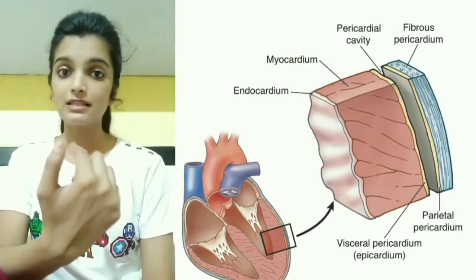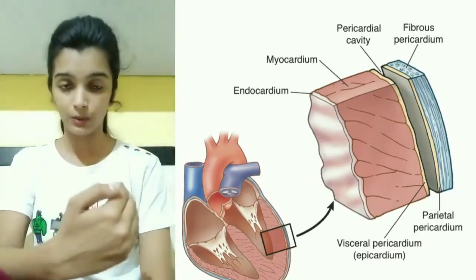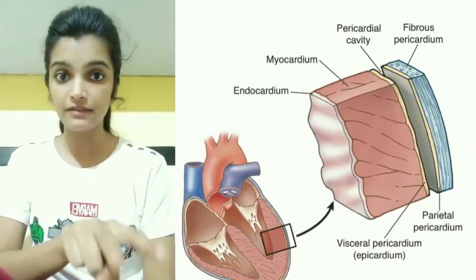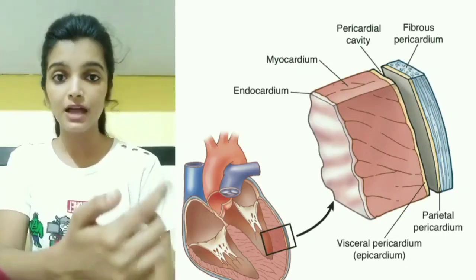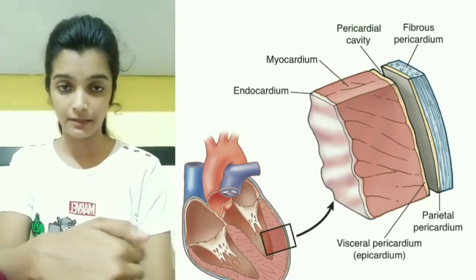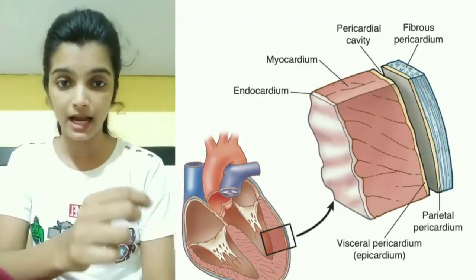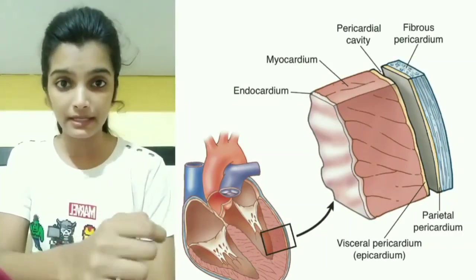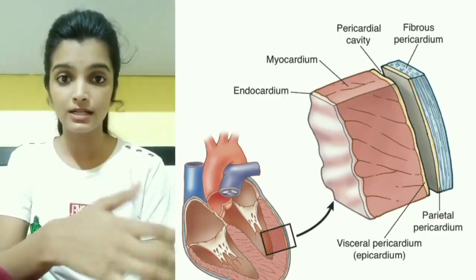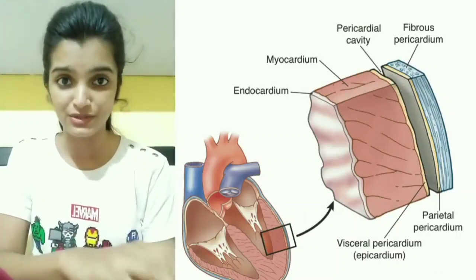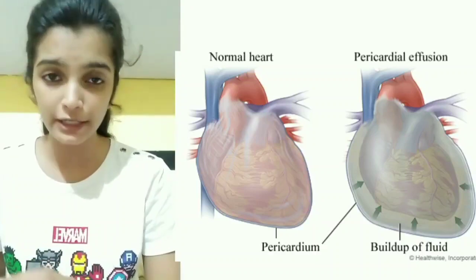The fibrous pericardium is the outermost covering of the whole heart and the serous pericardium is the inner covering to it. This serous pericardium is divided into two different layers. One is known as the parietal serous pericardium and the other one is known as the visceral serous pericardium. Between this parietal and visceral layer, there is a space called the pericardial cavity, which is filled with the pericardial fluid. But if this fluid suddenly exceeds a certain amount, then it causes a pericardial effusion. Now, normally the pericardial cavity contains 30 to 50 ml of clear watery fluid.